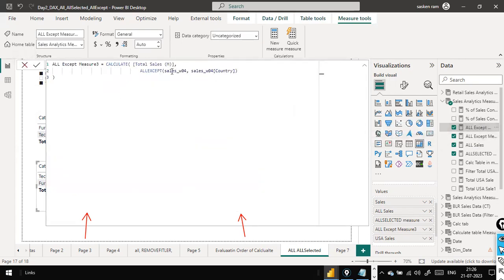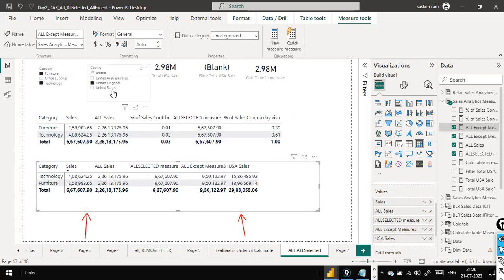So here I mentioned the country column. That means it obeys the external filter, the United Kingdom. In the United Kingdom, it shows the total sales. Okay, one second. That one, United Kingdom sales. This is USA sales, correct? And this is pretty clear. Only this one, the United Kingdom. This is what the United Kingdom 408, but here